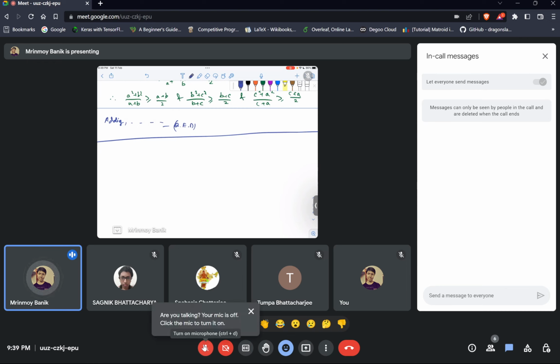Okay, try problem 79. Question 79. It says that theta 1, theta 2, theta 3 up till theta 10 be any values in the closed interval 0 to pi, then show that